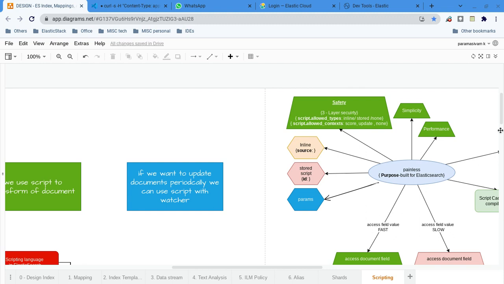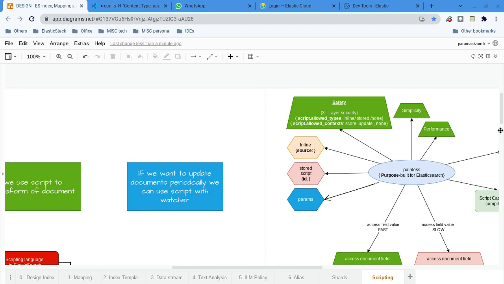First, there is a set of allow lists. Only those allow lists you can access in the painless script. For example, you cannot access the architecture, you cannot read, you cannot create any process, something like that. Similarly, there are sets of allow lists, and only with those can you use within your painless script or expression language.